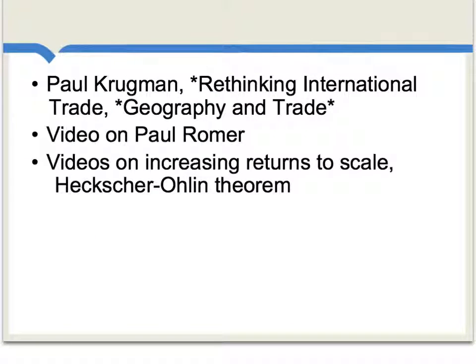These differences can indeed show up in matters of technical economics, but they also may well be influencing our worldviews more broadly when it comes to how we understand human history and the likely future of economies. For more on all of this, I would recommend reading two of Paul Krugman's early books on international trade theory and different approaches to international trade. I would recommend our video on Paul Romer, and in general our collection of videos on the topics of increasing returns to scale and the Heckscher-Ohlin theorem.